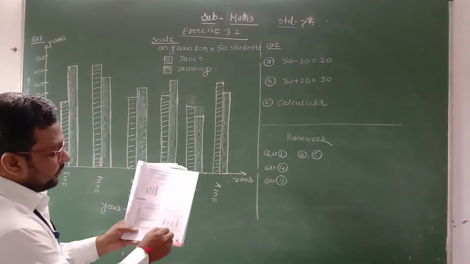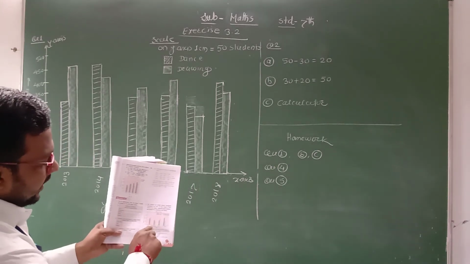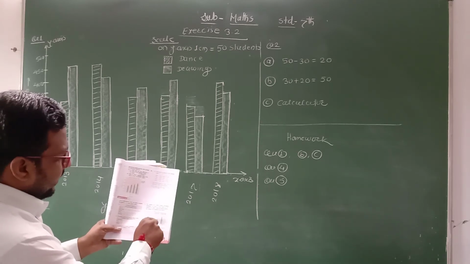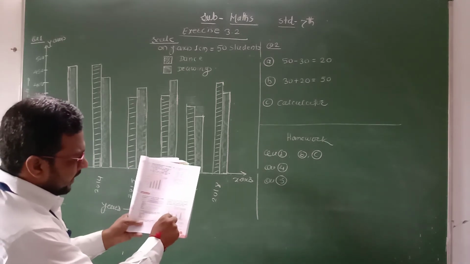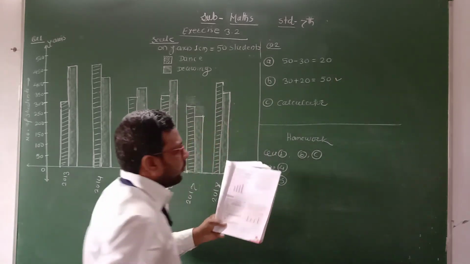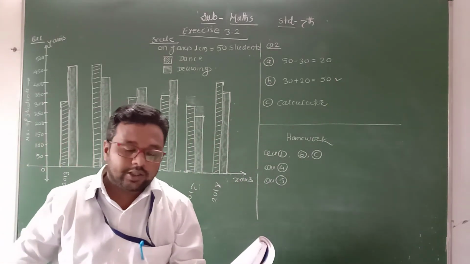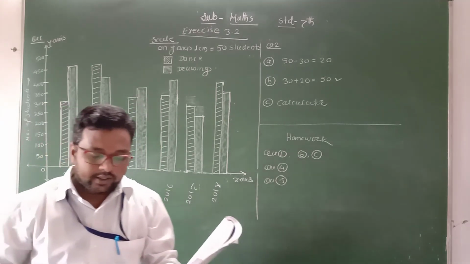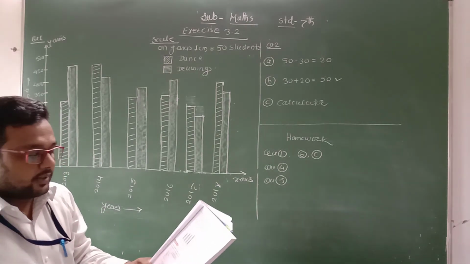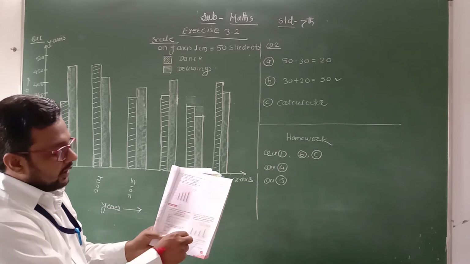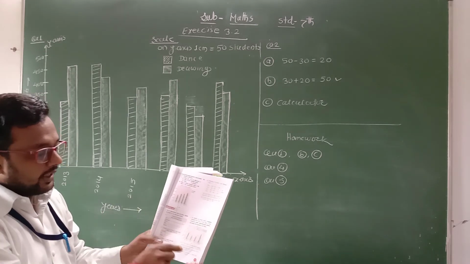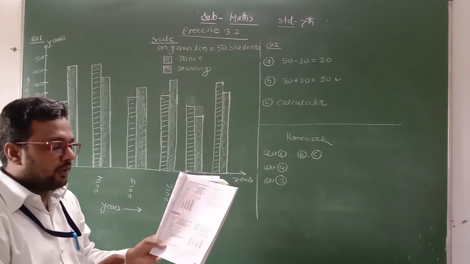Okay. Now laptop bars are given here, the number of laptop sales in the first week. This is given 30, and from the second bar here we get 20. 30 plus 20, therefore total that is 50. This is the answer. This is the total sale of the laptop in a fortnight. Okay. Then which item has the maximum sale in 2 weeks? So from the graph we understand it from the bar with the greater height. Okay. From that we understand which item has the maximum sale in 2 weeks.